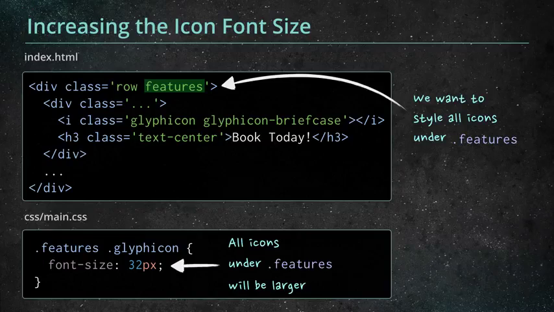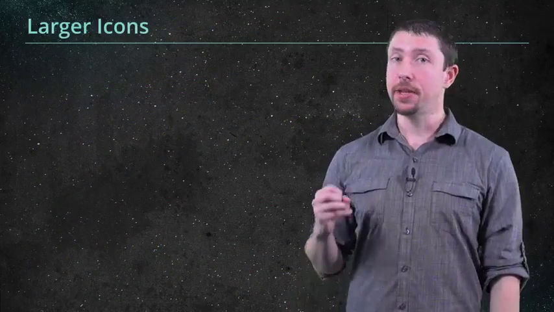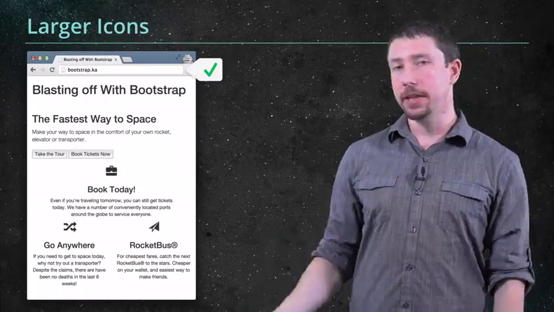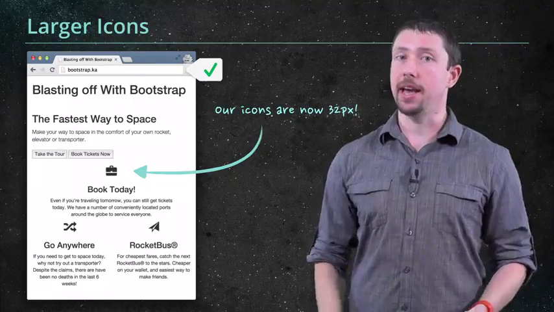It's important to note here that if we left out the .features part, we would be styling all Glyphicons on the page. At the moment, that would be okay, but it's a best practice to only style what you need. Alright, so now we can open this up in a browser and see that our icons are looking great. They're big enough to add some distinction to our page, but also space it out, adding a little more breathing